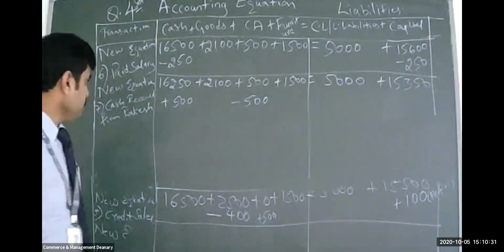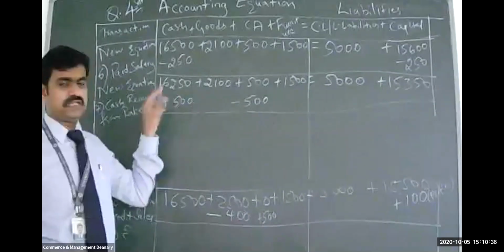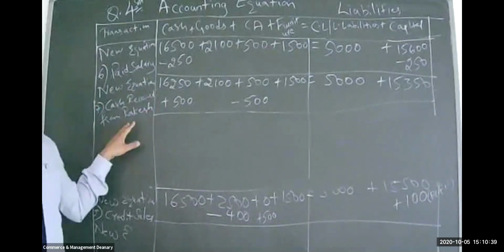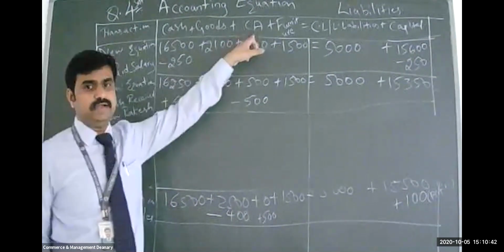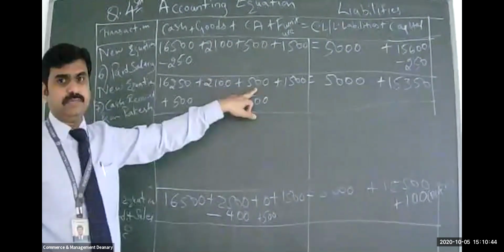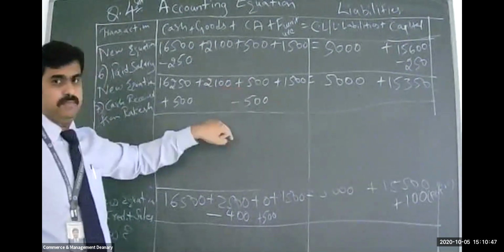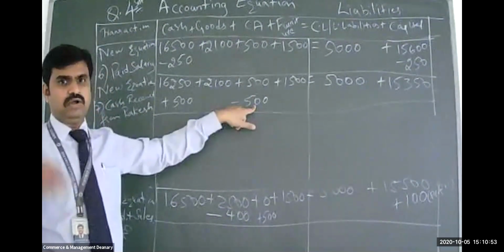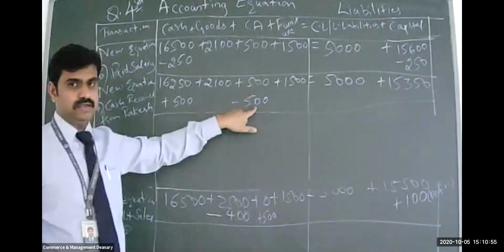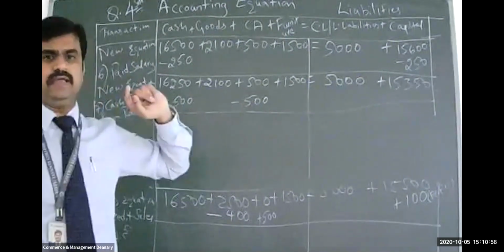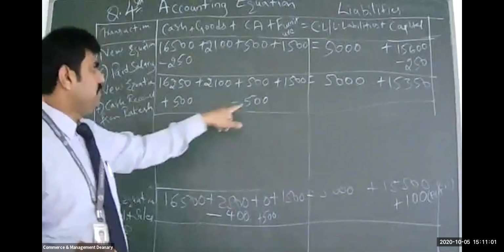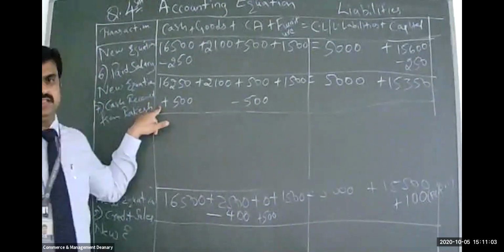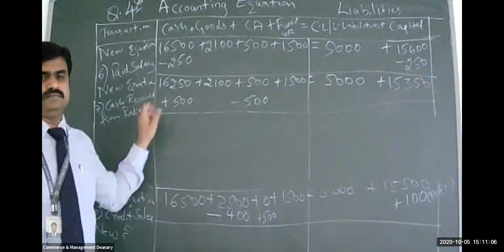Can you repeat that again, sir? Rakesh is coming and paying you the cash. Rakesh is the debtor, which is a current asset. How much is he supposed to pay? 500. Now he is paying 500, so deduct it from his account. No more debtor will be there. The moment the debtor pays the money, the debtor will come down. So it is minus from debtor, and cash is coming in, so you have to add this cash. Clear? Yes, sir.